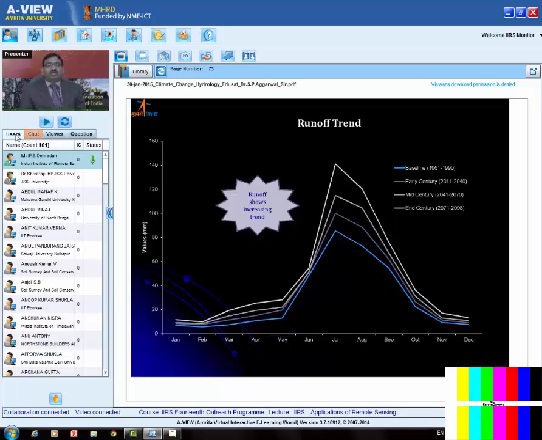We ran the model and generated this type of hydrograph for the entire year for the Ganga basin, and we found an increase in the runoff. So that is how climate change works: if there is a change in precipitation and temperature, it will change the runoff pattern. Surface runoff may increase, but base flow will decrease. This is a lot of information and a clue for the future planning of